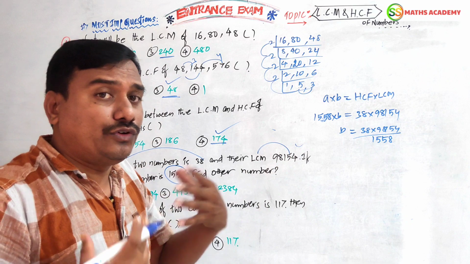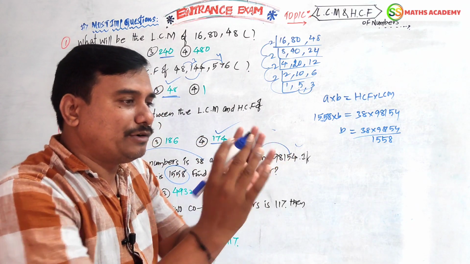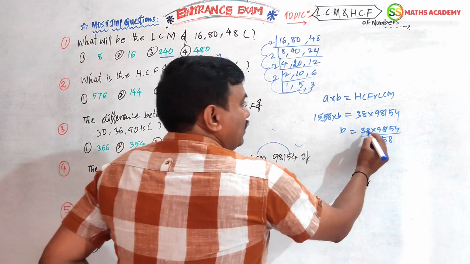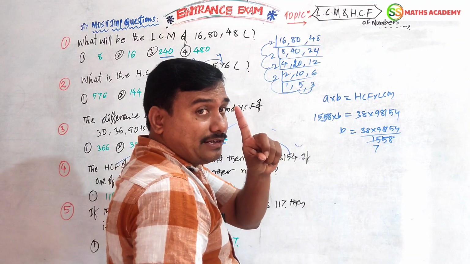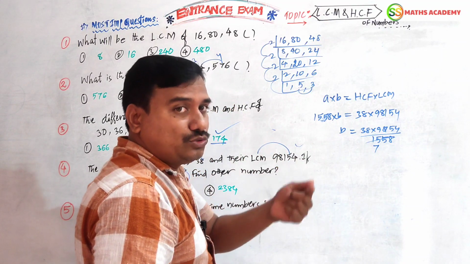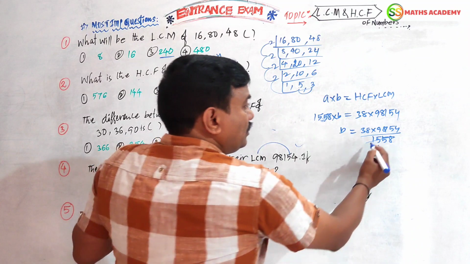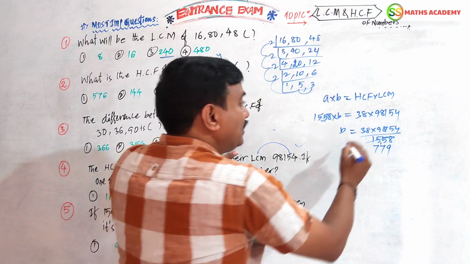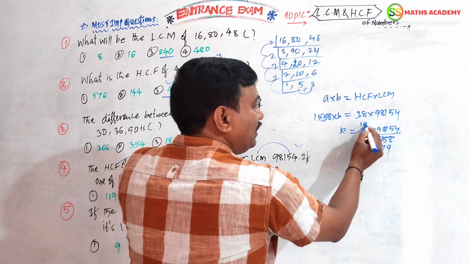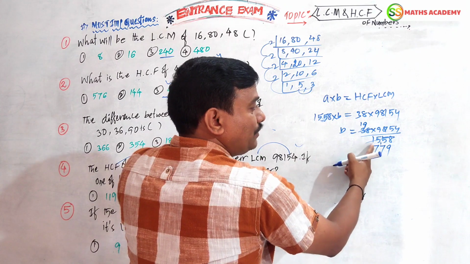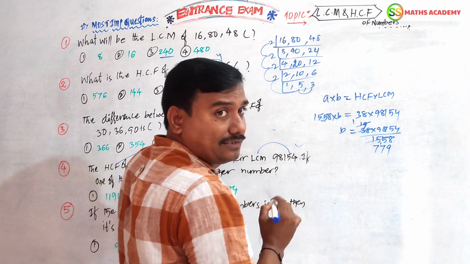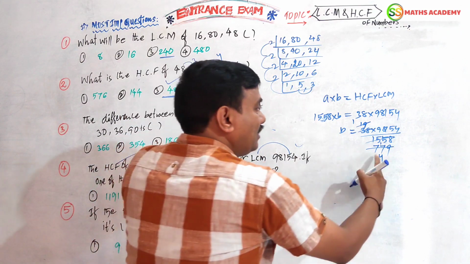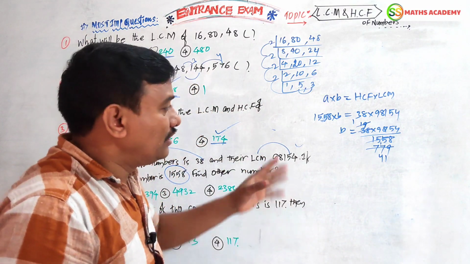This is lengthy, but if you know the idea, whenever a number is asked, directly write the two given numbers divided by the given one number, then you will get this step directly. Now 2 sevens are 14, 1 remainder. That is the reason I am going to start with 2. You can go with the direct 38 table also. 2 sevens are 14, carry 1. 2 sevens are 14, again carry 1. 2 nines are 18. 2 nineteens are 38. Again 19 ones are 19. 19 fours are 76. 1 remainder 19. 19 ones are 19. So 41.